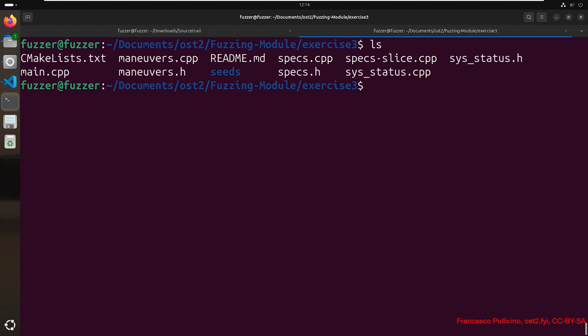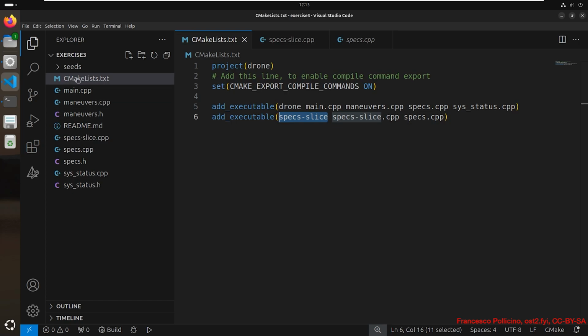Now we have to be sure that our slice is included in the CMake file. So if we go back to the source code, inside the CMake file, we can see that our harness, the spec slice .c++, is already included in the executable.